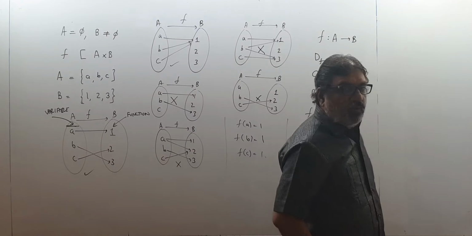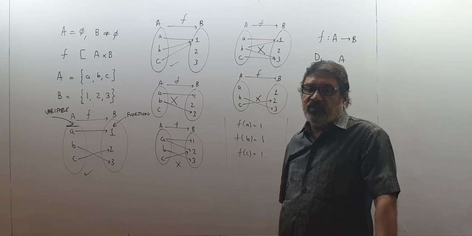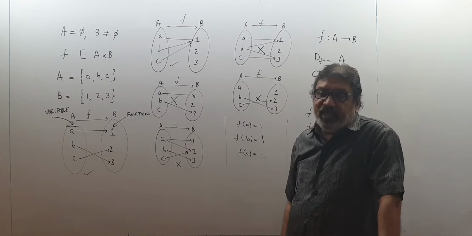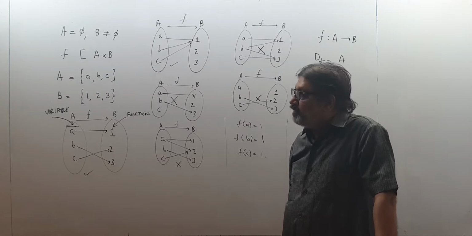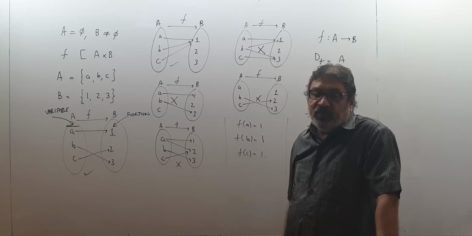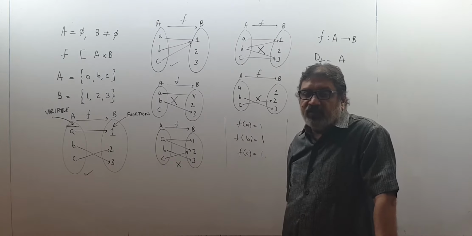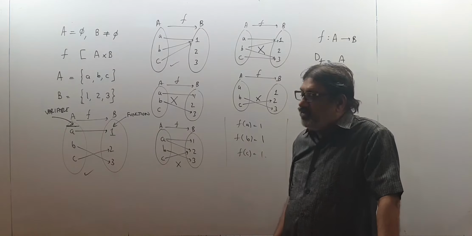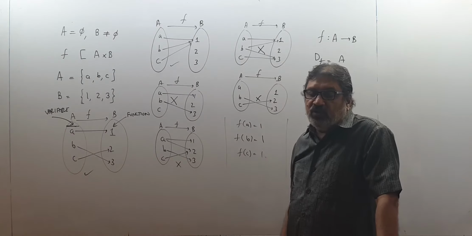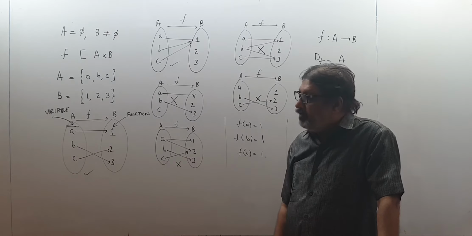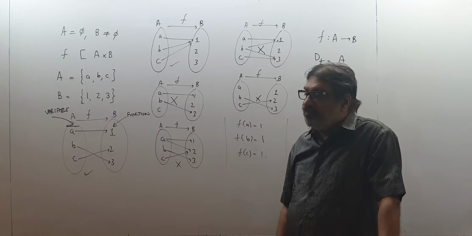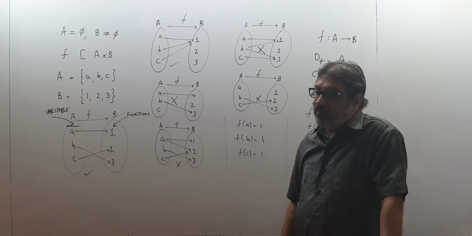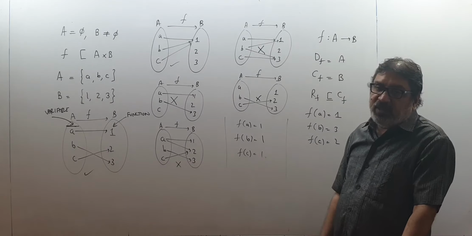So this way you came to know what is a function, under what conditions a function can really be a function. F is a subset of A cross B. A and B should be non-empty sets. Then any subset of A cross B will not be called a function. Only under certain situations a subset of A cross B will be called a function. What are the situations? Every element of domain should correspond to a unique element of codomain. Means when you draw Venn diagram in simplest language, every soldier will shoot and every soldier will shoot only one arrow.